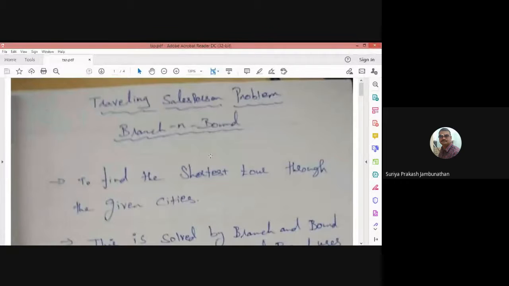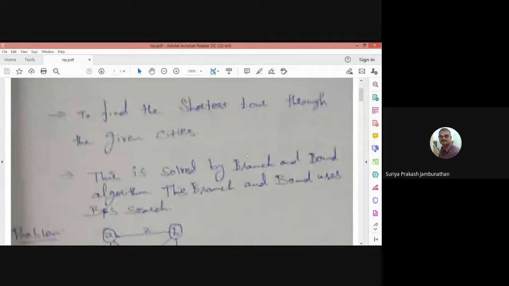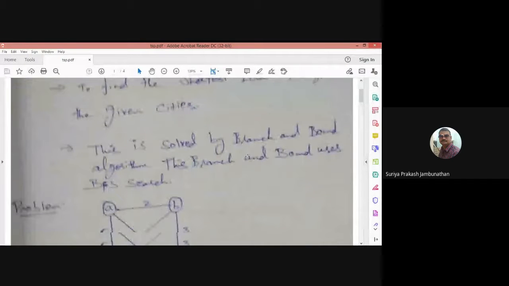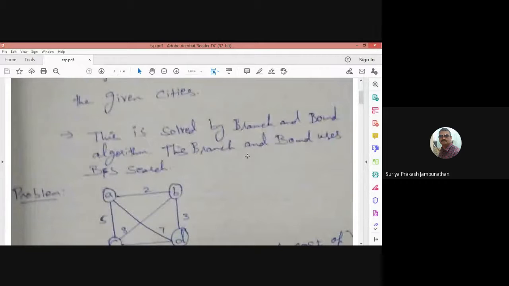So here we are using the branch and bound method to identify this particular solution. In this branch and bound, we are using breadth first search. So BFS we are using actually. With the use of BFS, we are identifying the solution. Majorly in this problem, we will get different levels of solutions. Not only one possible solution, we will get different levels of possible solutions. So all the possible solutions we have to identify with the use of the traveling salesman problem.